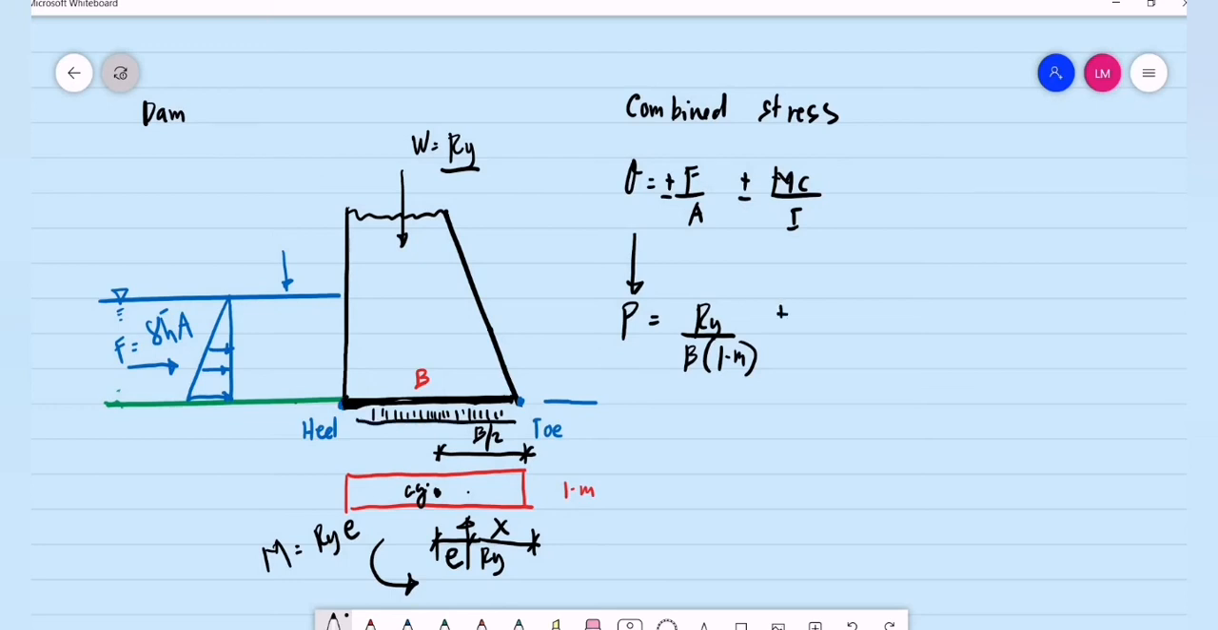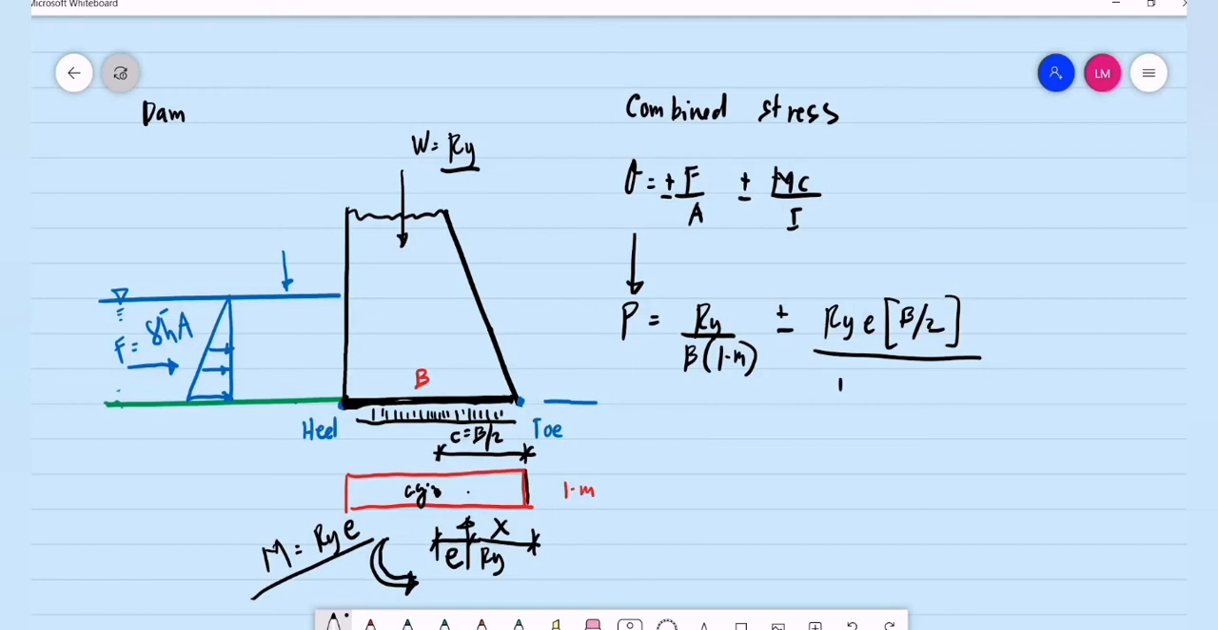Okay, then plus or minus MC, what is our moment? Okay, the moment is equal to Ry times the eccentricity. This is Ry times E. Then what is the value of C? Okay, the value of C is the distance from the edge of the base to the center of gravity. This will be our C. That is basically B over 2. Then divided by the moment of inertia,